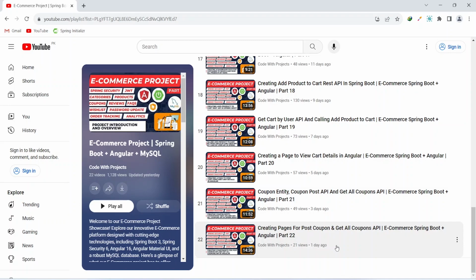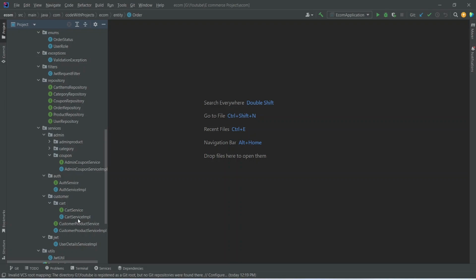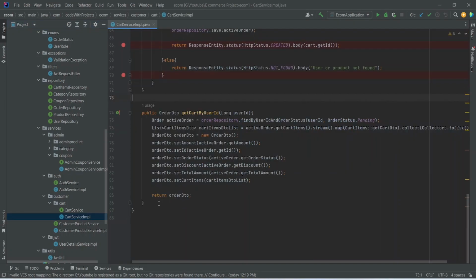In the previous video, we created the pages for post coupon and get all coupons API. And in today's video, we will create the API to apply the coupon on the order. So let's get started. So we will go to the cart service implementation, and here we need to write a